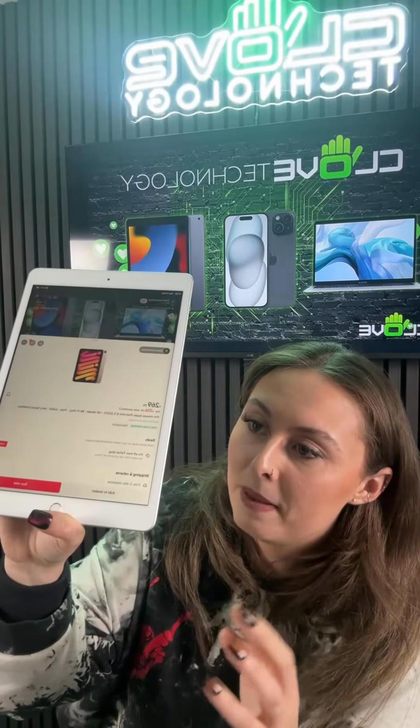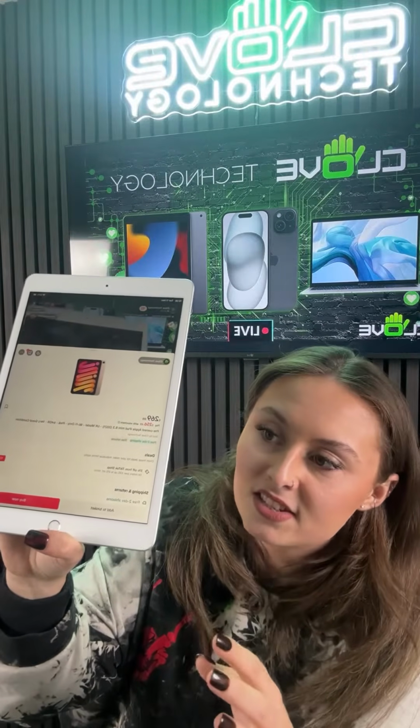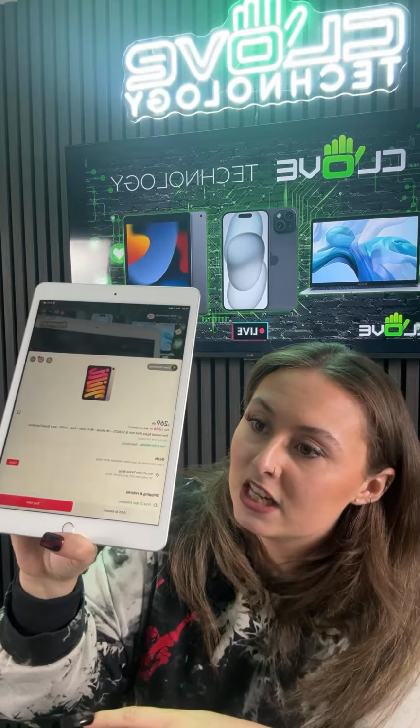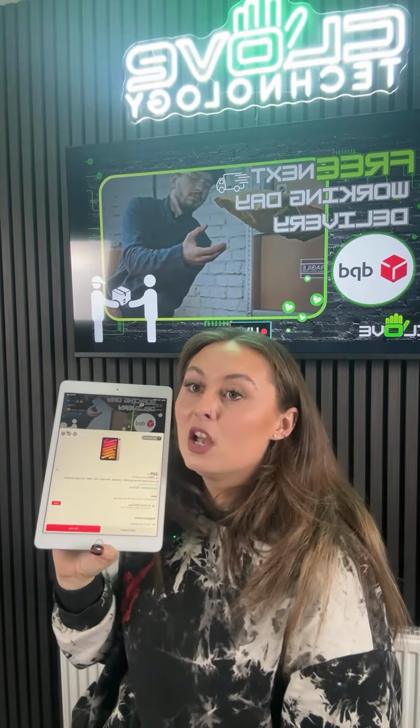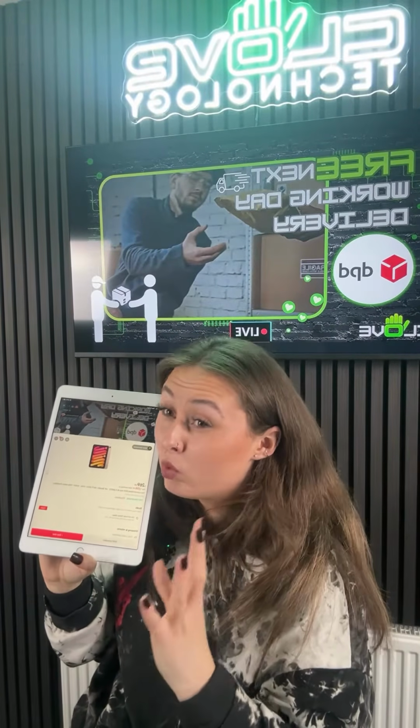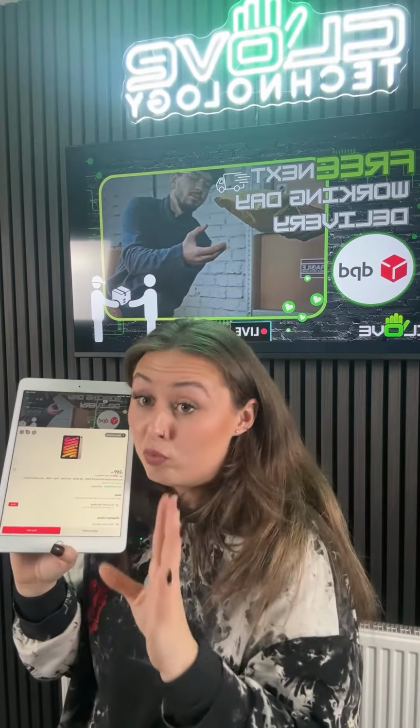£269.99, and this one is for the pink iPad mini. Again, it's the same year it came out, 2021 edition, 64 gigabyte, and a very good condition, Wi-Fi only, but it is £269.99. So again, when I say this could be a really nice Christmas present, it really, really could be,